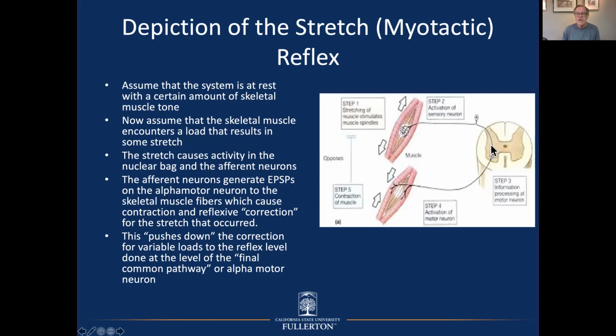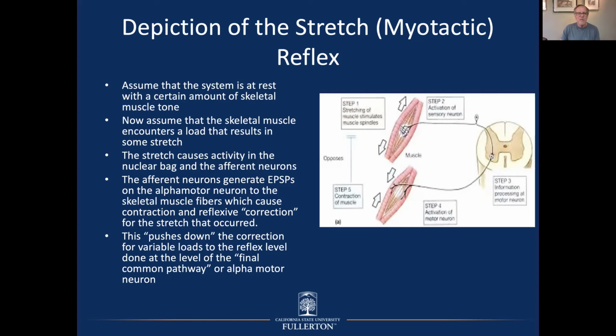The afferent neuron generates EPSPs here on an alpha motor neuron going to a skeletal muscle, i.e. the extrafusal muscle fibers of the skeletal muscle, to cause a correction for the stretch that occurred. What stretch? A stretch that's encountered in every movement we make. Forces of gravity, weight, whatever it is, inertia,